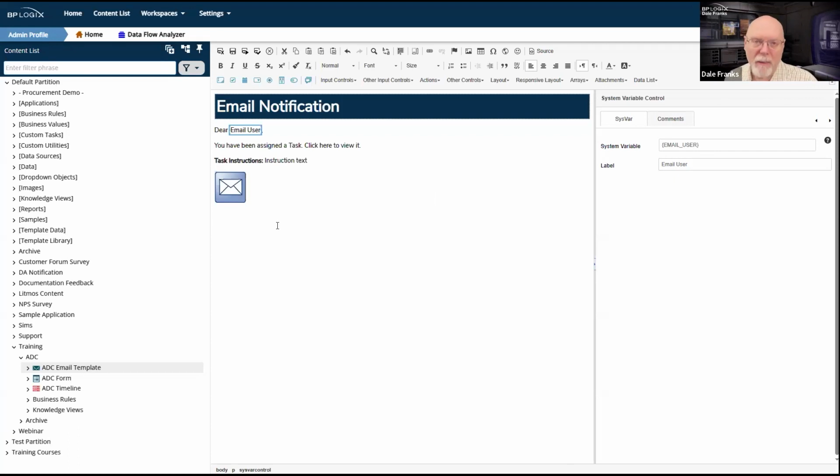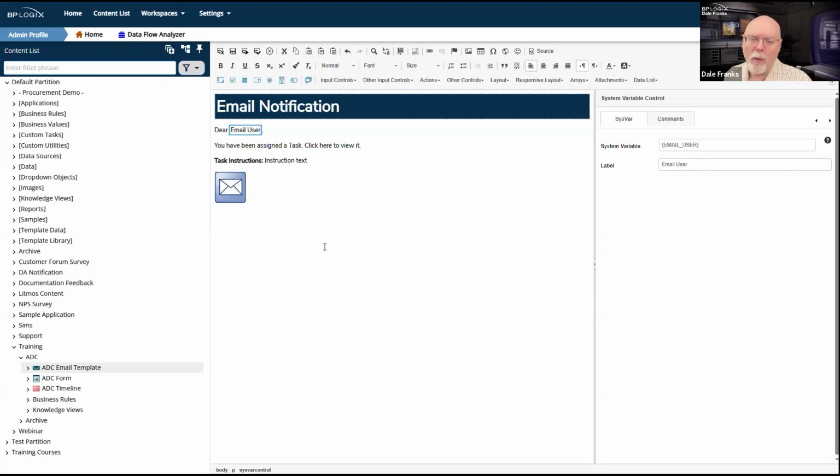I've noticed in the past, I don't think this is as true now, that people try to use current user to identify the user to personalize an email. Emails do not have a current user. Notification activities don't have a task participant, so there's no user associated with notification activities. And who the current user might be of an email, well, there is no current user for an email. An email is just a text message.